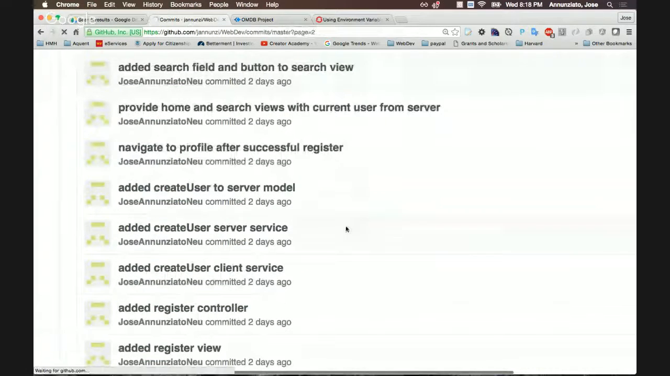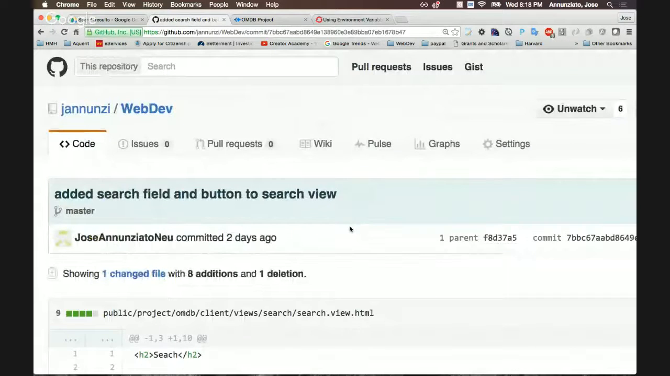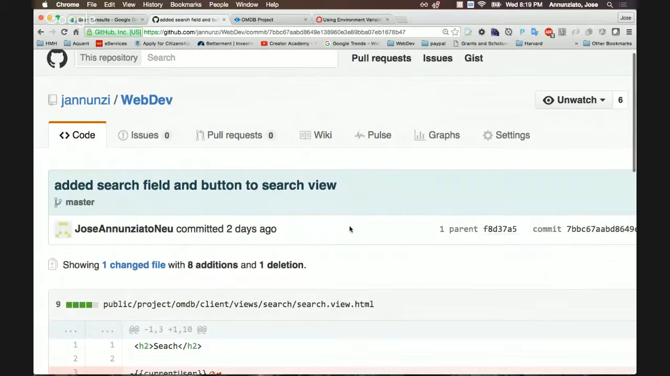All right. Up to this point has been just user management. I haven't done anything with actual movies. Up to this point has been all registering, logging in, and sending you here or there. Okay. Finally, let's do something with searching for movies. So here's my search